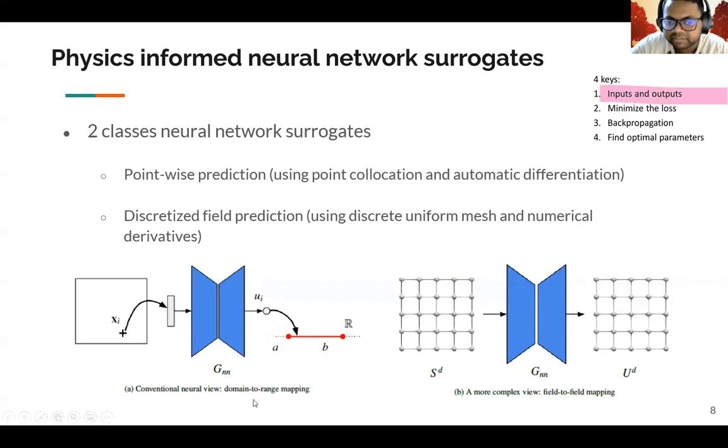While it is good that physics informed neural networks are mesh free and work on point based prediction, it is also important to look at these grid based approaches, where you don't need to use automatic differentiation, and you don't need to retrain again and again. In this case, you don't need to retrain, because you have a grid. You can choose multiple grids, and you can naturally solve for a parametric PDE rather than one single instance of a PDE.